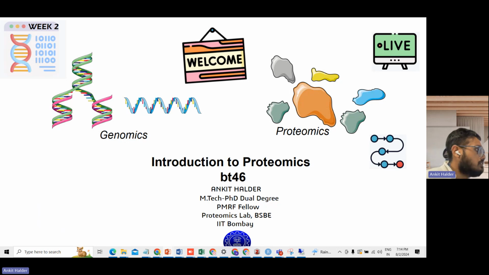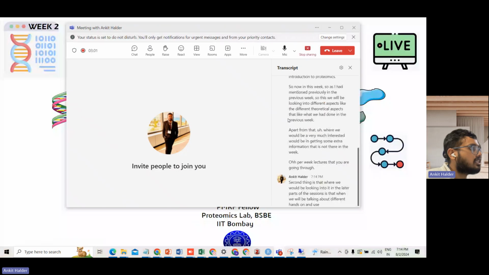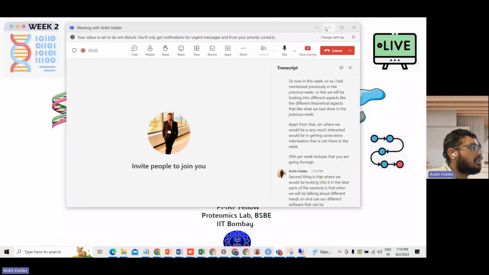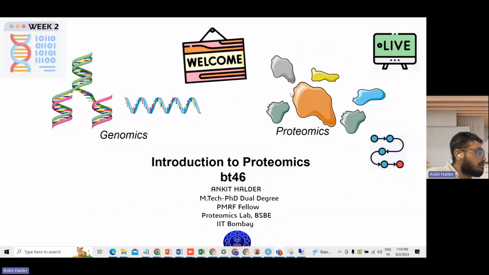The second thing, which we will look into in the later parts of the session, is when we talk about different hands-on work and the use of different software that we can generally use for our own analysis. Okay, so this is where we would be going. So in this week, as you have already gone through,